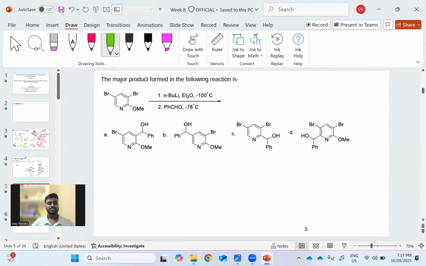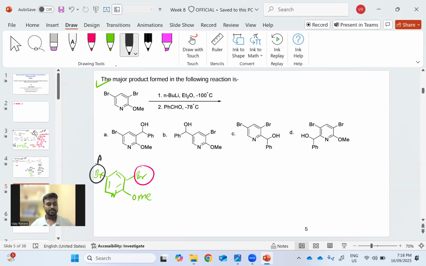Next question is also based on the similar approach. So in this question, we need to identify the major product formed in the following reaction, and we have a starting material. So this is the substituted pyridine, and if you look at the structure, it has basically two bromo substituents, both at the meta position to the nitrogen, and one methoxy substituent at the ortho. But if you look at the difference between these two bromo groups, so the basic difference